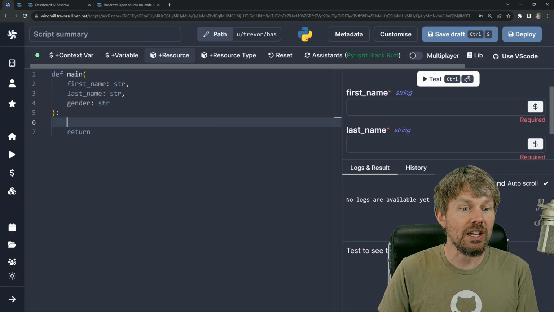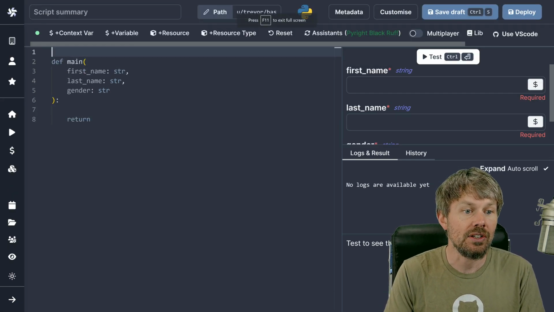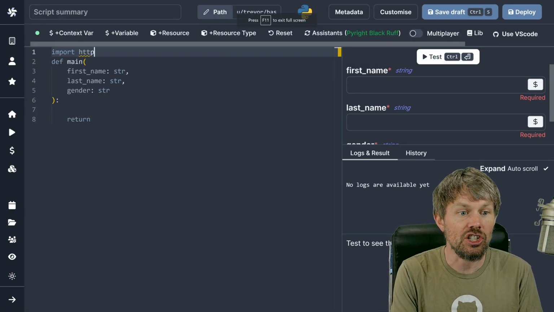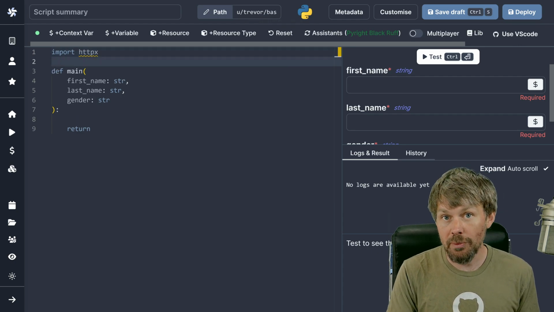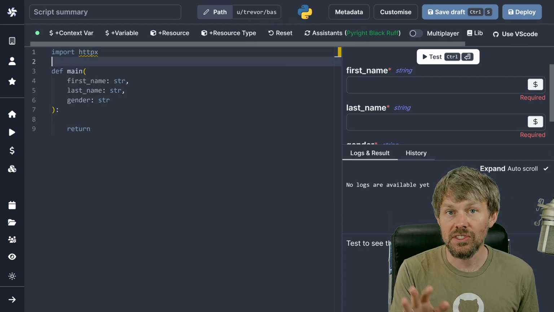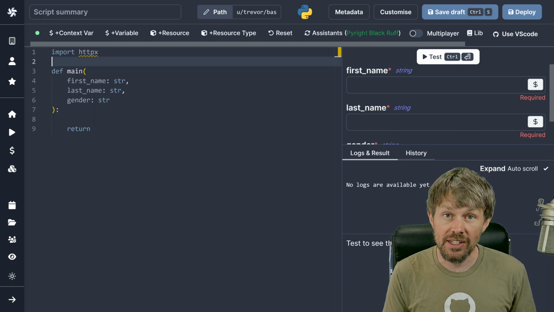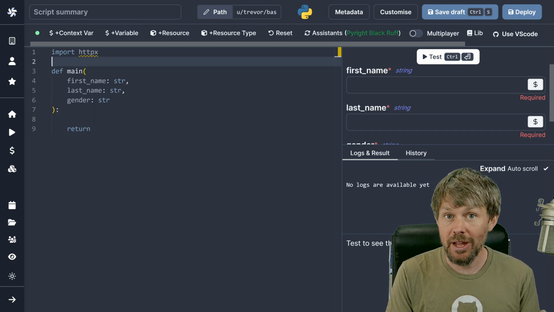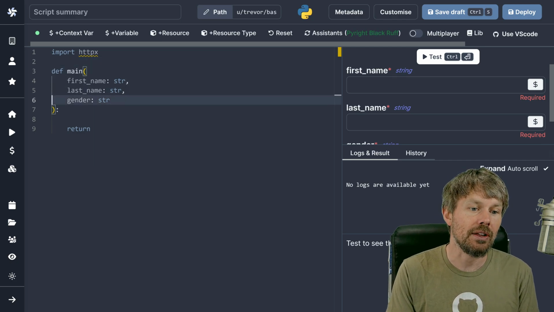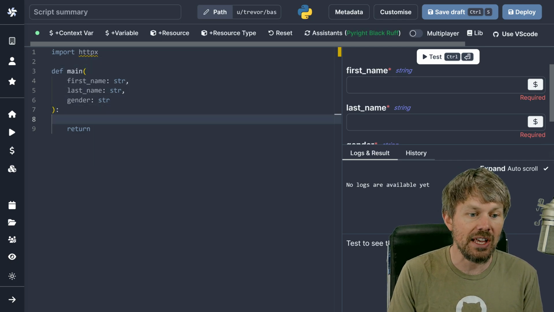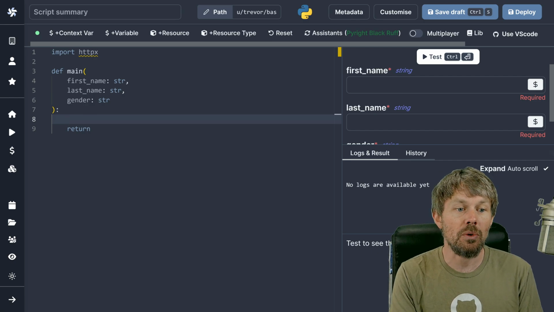So what we're going to do is import HTTPX. So we'll say import HTTPX right up here, and Windmill will automatically look at my imports and say, okay, I need to go install this library from the Python package index registry. And so we don't have to manually install it using pip install or anything like that. Windmill just automatically handles that for us. And then down here, what we'll do is say